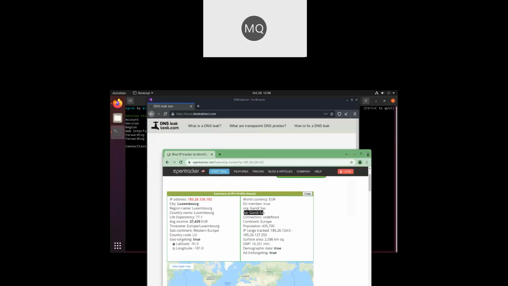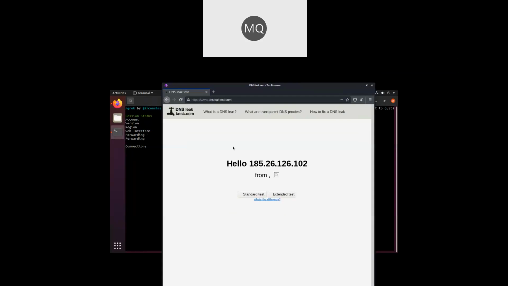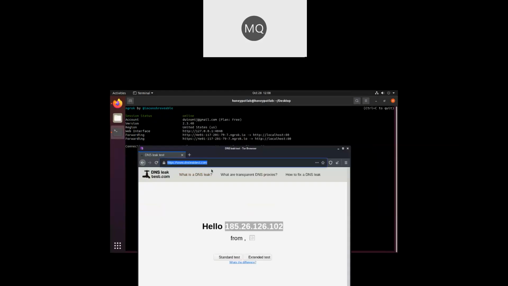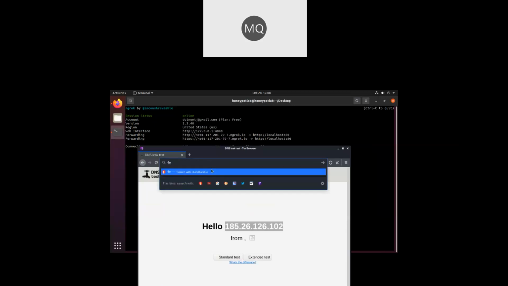So let's try to download the file and find out the actual IP address of the attacker. Currently my IP address is 187.185 and 261.26.102. So let's open this website. This is the link of the website. I just try to open this link: 424E and 4E and 01 dash 117 dash 201 dash 79 dot ngrok dot. When I hit enter,